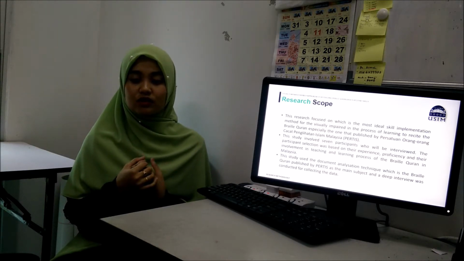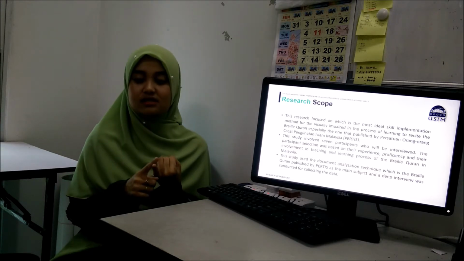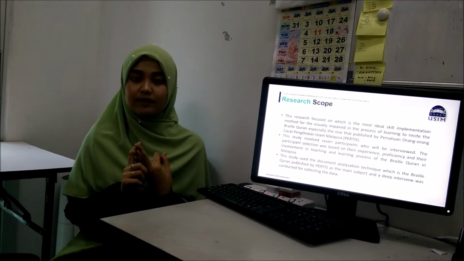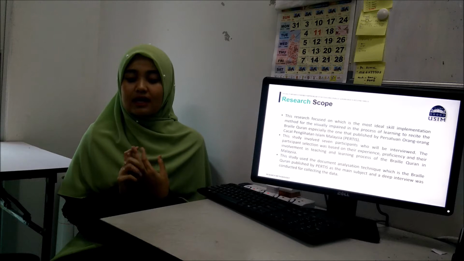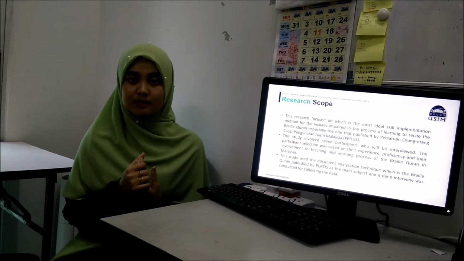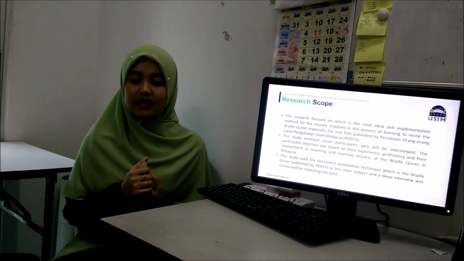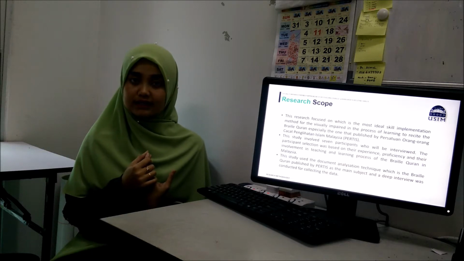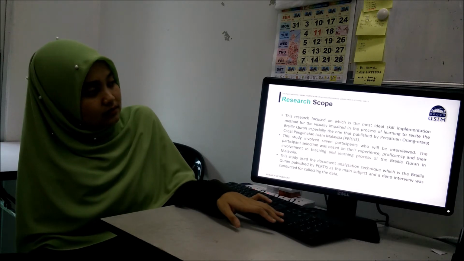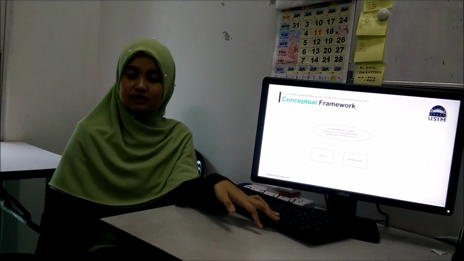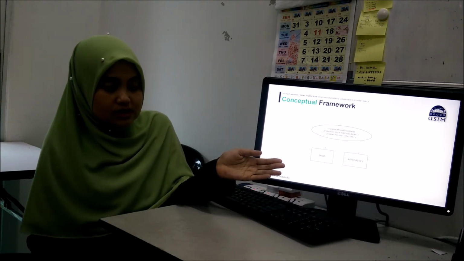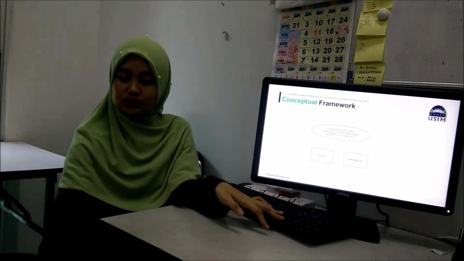The participant selection was based on their experience, proficiency, and their involvement in the teaching and learning process of the Braille Quran in Malaysia. And the study used the document analysis technique, with the Braille Quran published by PERTIS as the main subject, and a deep interview conducted for collecting the data. So this is the conceptual framework. It will produce the skills and the approaches.